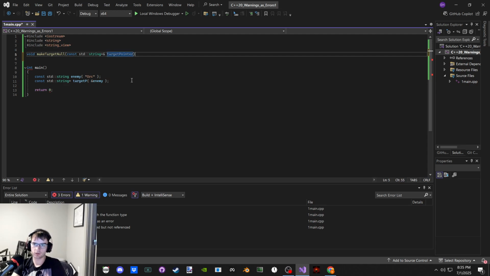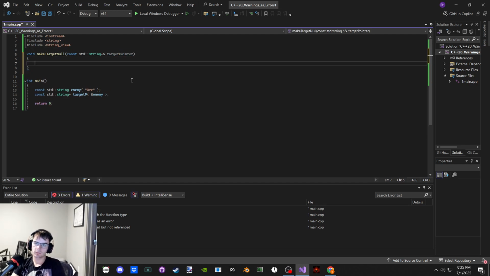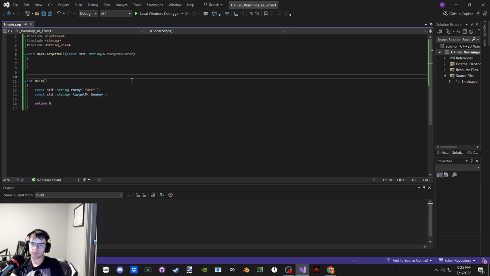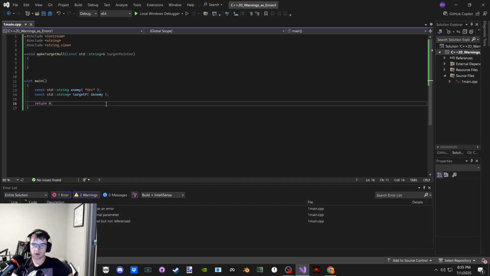Target pointer, sure. Okay, nothing going on just yet. All right, cool. Now we're going to call make target null with target P and null pointer.